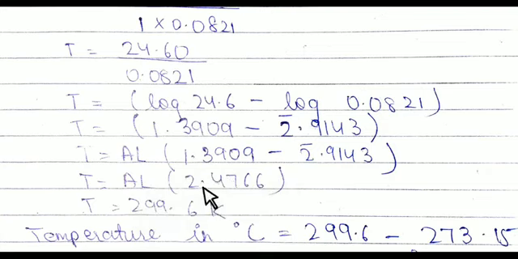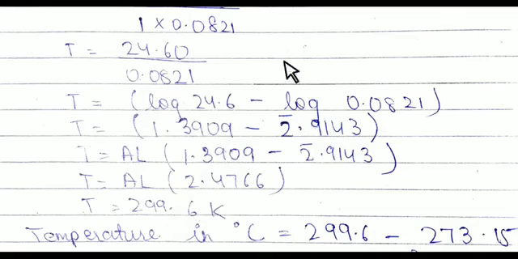See here before the decimal point, it is 299.63 actually, and you can write 299.6, so it is also correct. Before the decimal point here the number is 2, just plus 1, so it will become 3. So we have to put the point after 3 digits, 1, 2, 3. See here the point is after 3.